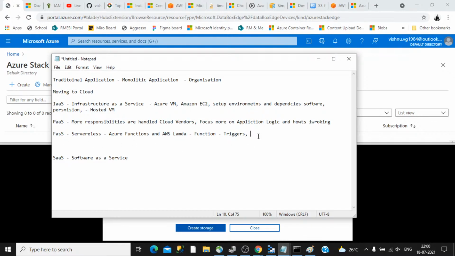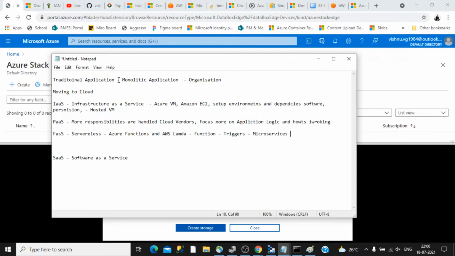When you move your application from traditional to a function as a service architecture, mostly it will have a kind of microservices architecture. So when I explain this point, don't fall into the assumption that every traditional application should be moved to microservices architecture.